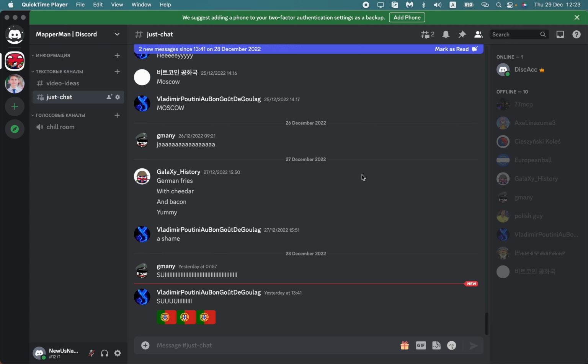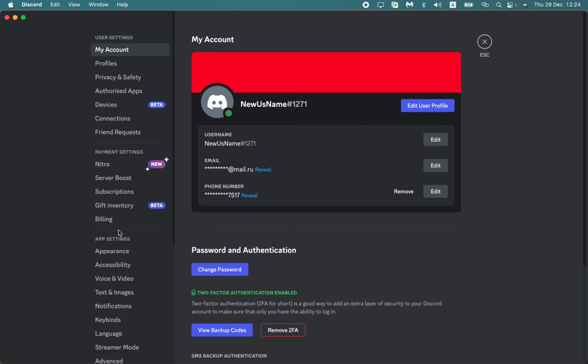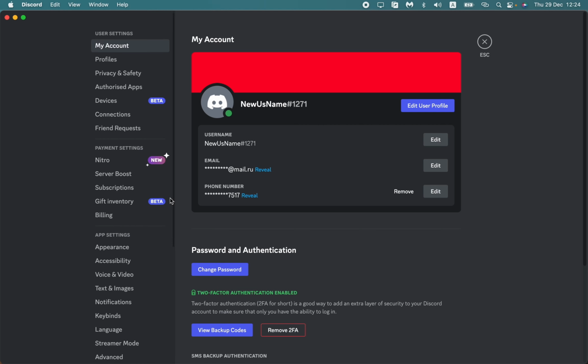The next step, all we need is just to open our settings. So in the bottom of the screen, all we need is just to find your nickname and avatar, and then just find the user settings, the third button. So click on it. And the next step, we need just go to settings, and this is our settings page, by the way,